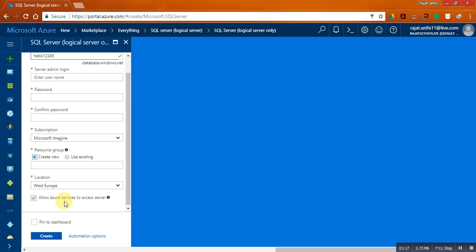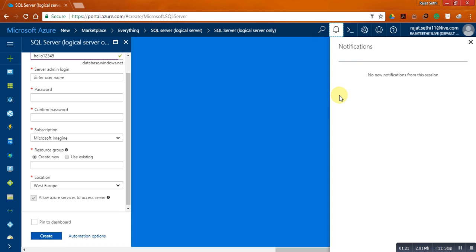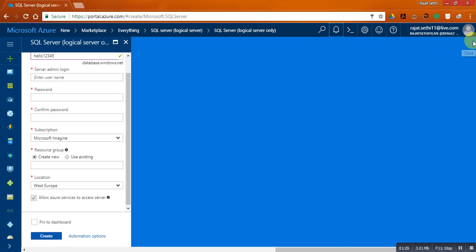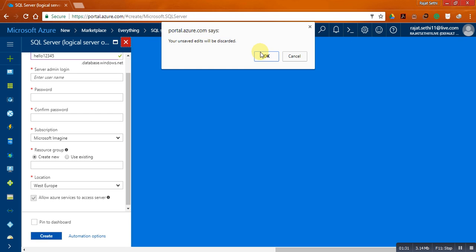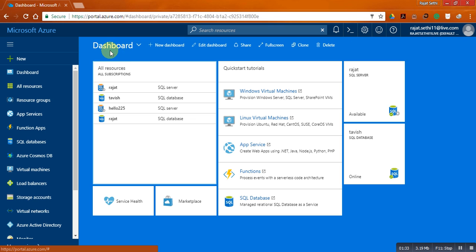Once you click on create, a notification like deploying your SQL Server will start appearing on your notification panel. It will take around 2 to 3 minutes to deploy your SQL Server. Once it's deployed, it will start appearing in your Azure dashboard, like hello 225, which I've created. It will start appearing here. Then you'll click on this,